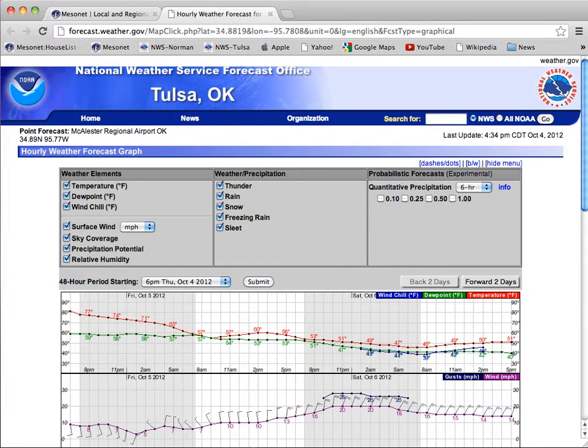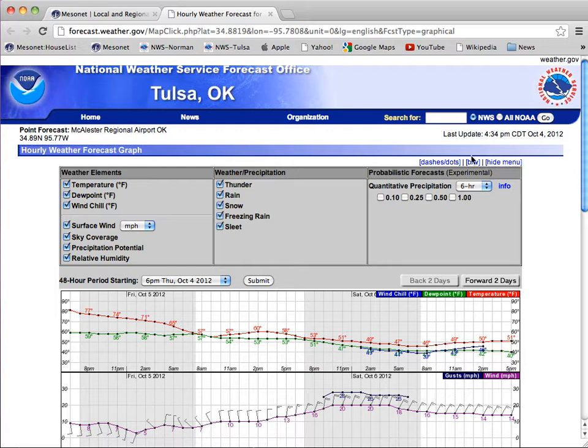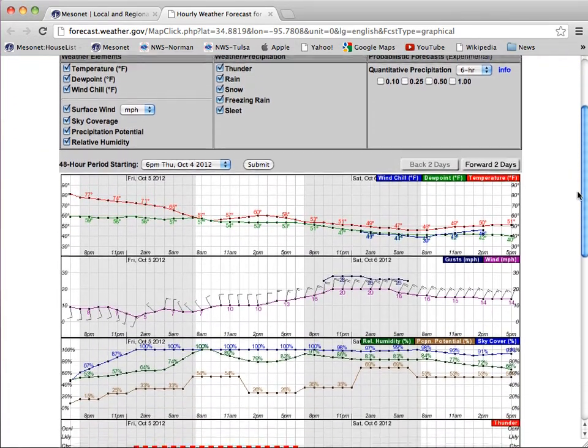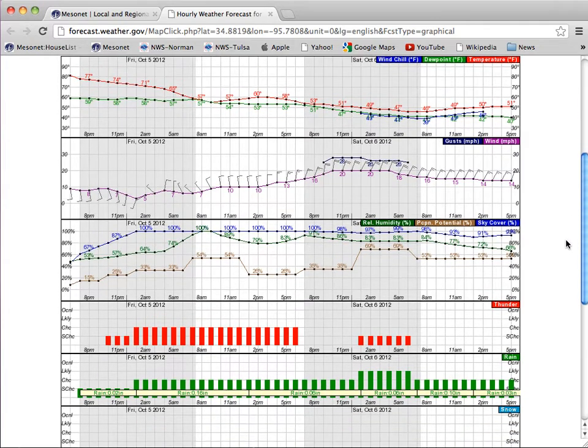In an earlier video, we brought up how to get to the hourly forecast graph. Now we're going to go through and explain that. And if you looked at that other video, you'll know that at the top we have the point forecast indicated, McAllister, and a date stamp. As we move down through the different weather elements, let me go through and explain what those mean in the